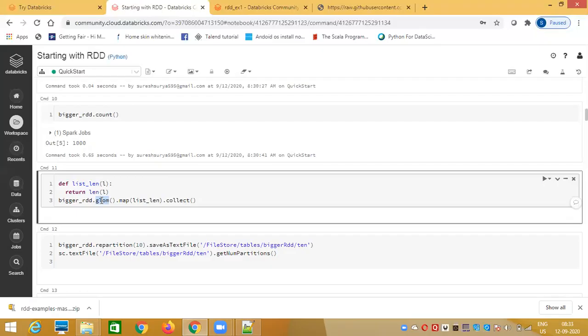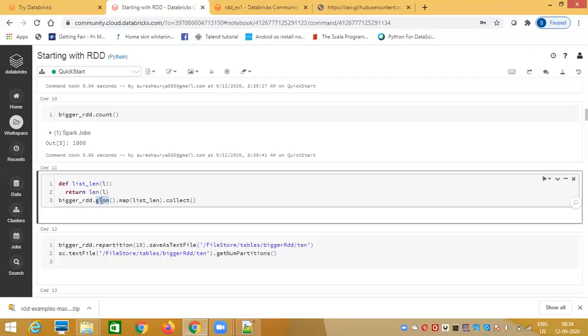So I'm calling bigger RDD.glom function. Glom function is converting your RDD of integers to an RDD of lists of integers. How many lists? 8, because we know bigger RDD is an RDD of 8 partitions. So the glom function created another RDD having lists of integers, 8 lists of integers, and I want to get the size of each of these lists.